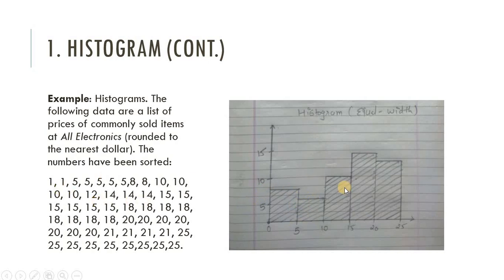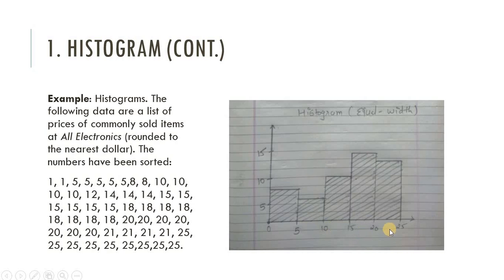Now we are creating the second bin. For the second bin we count how many products have a price between 5 to 10. Because we already considered 5 in our previous bin, now let's consider from 8. So 1 2 3 4 5 6. There are 6 products whose price is between 5 to 10. So now we select 6 here, and from that we create the next bar. In the same way all the bars are created.